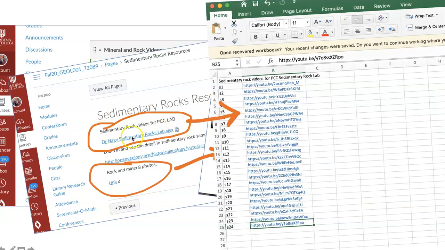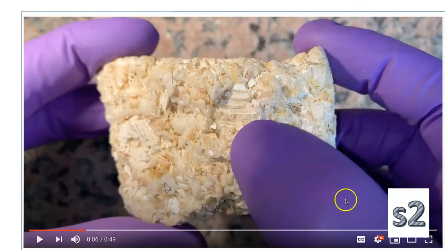Okay, back to the actual lab. When you click on this, you're going to have an Excel spreadsheet that's going to give you the 24 little brief YouTube videos to help identify the rocks. Okay, so we're going to start with S2, rock number 2, and you do not have this in your PCC collection. So as you watch the video, which is only 49 seconds,